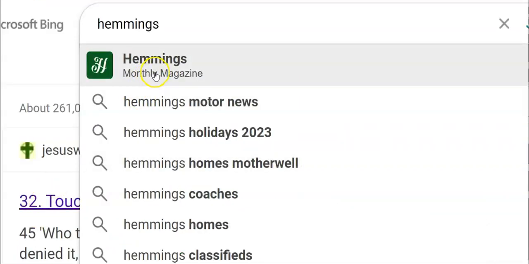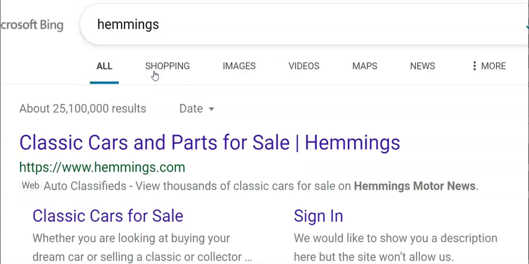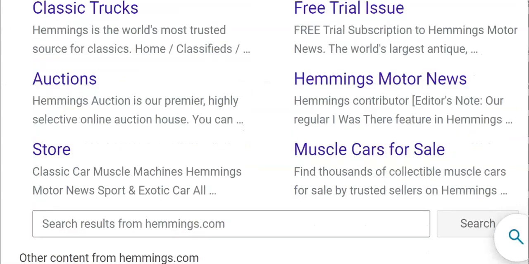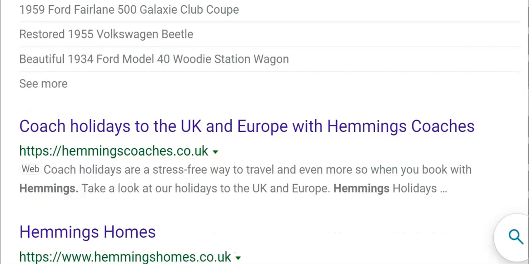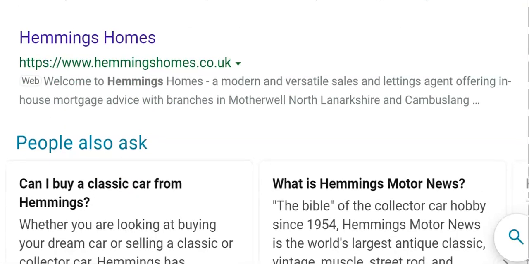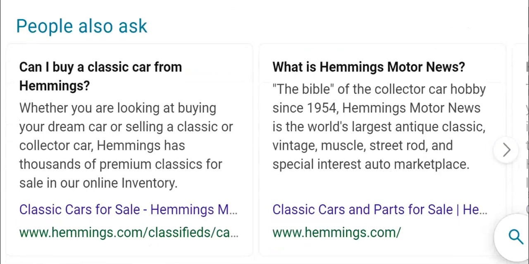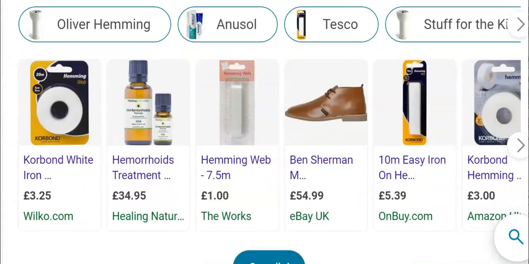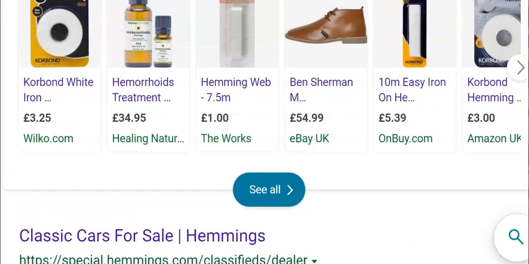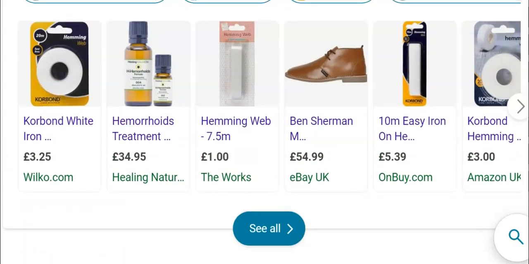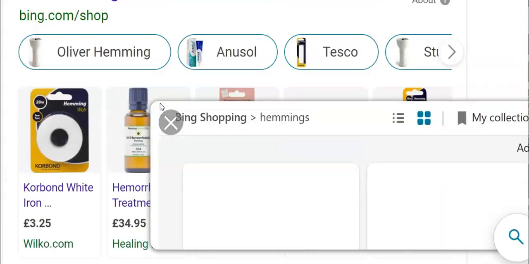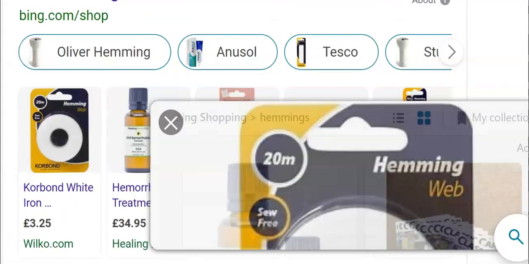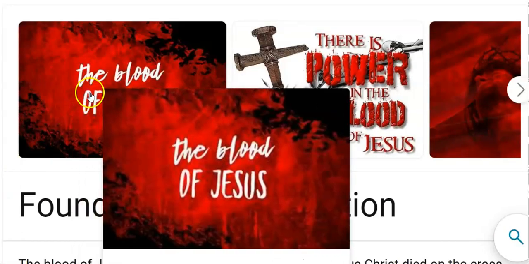Here's Hemmings Monthly Magazine. Hemmings Classic Cars. Only for very rich people to get old classic cars, and that's it. Hemmings, the Bible of the collector's car hobby. Hemmings hemorrhoids treatment. And Hemmings hemorrhoids treatment. You see that the blood of Jesus, right,